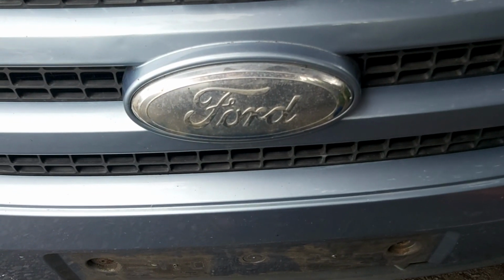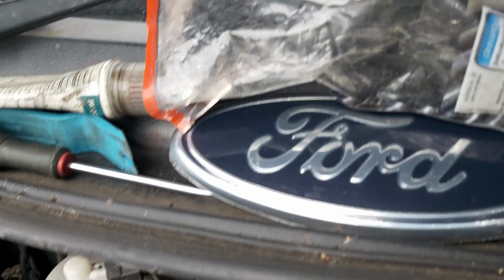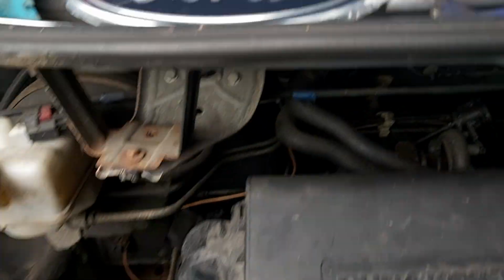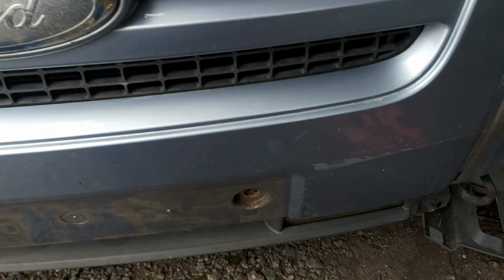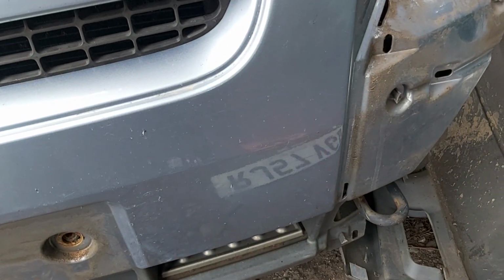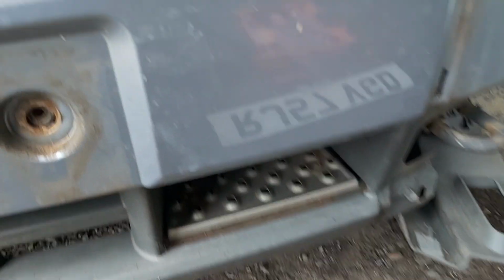If your Mark 7 Transit van badge looks like this and you want it to look like this, obviously you get yourself a new badge. Thanks to everybody else who put the videos up on YouTube, but what I found is